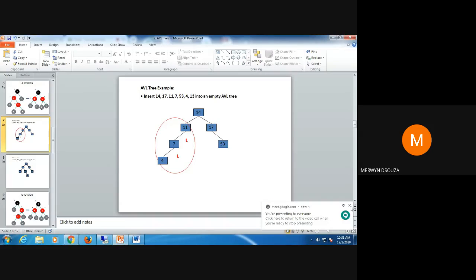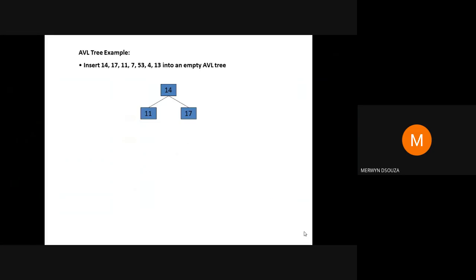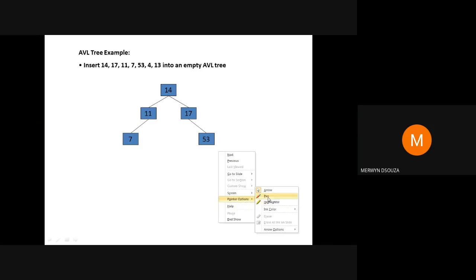Yes, okay. So you are going to calculate for 53, 17 and 14, and check whether it is balanced or not. You are going to start from here. So this will be 0. Then you calculate for this. This will be -1. And again this will be 0. So once you are done with that, you go to insert 4. Next step, you have to redraw the tree. Please note, for every insertion, you have to keep redrawing the tree. You cannot show it on one diagram itself.